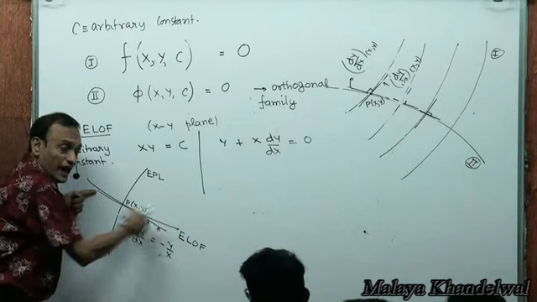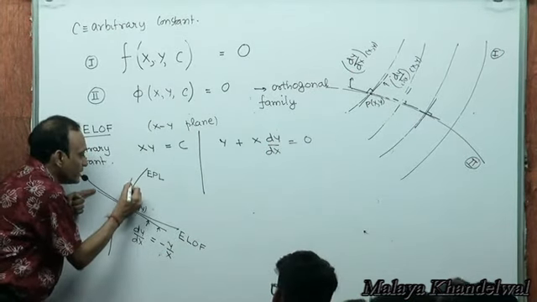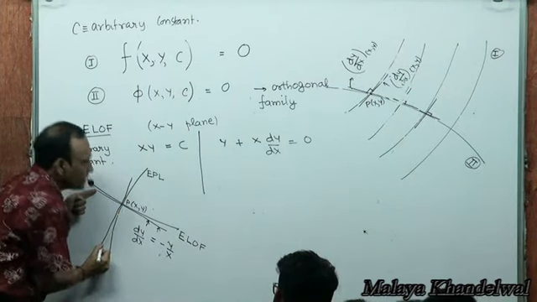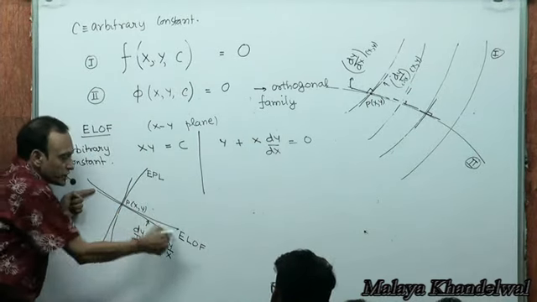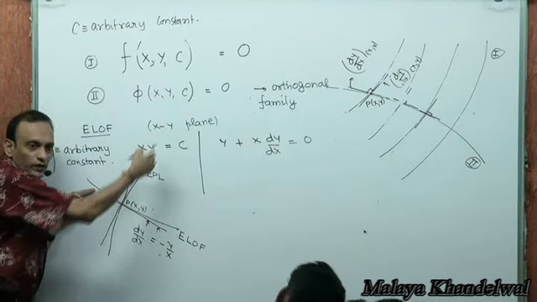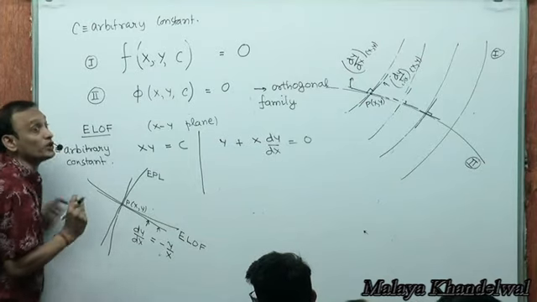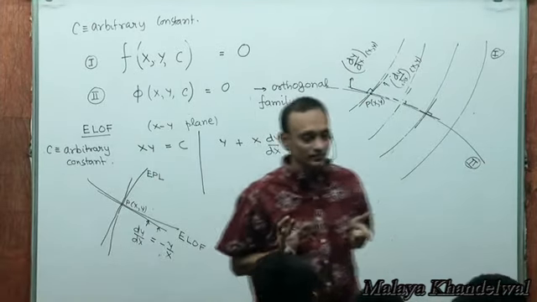But the tangent to the electric line of force is really a normal to the equipotential line. The tangent to the electric line of force will really be a normal to the equipotential line. And the slope of the normal is what? Slope of the normal is minus dx dy. I repeat,